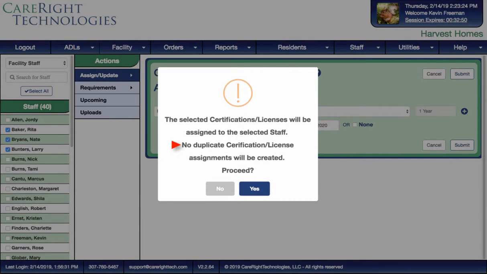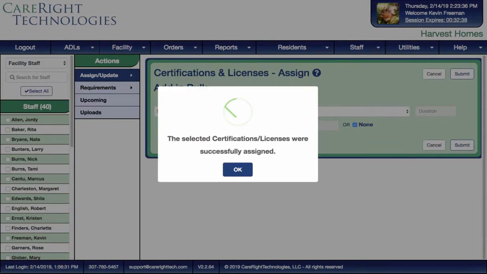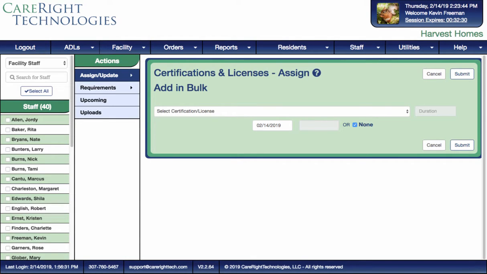Note that certifications and licenses will not be duplicated when assigned in bulk, and they will be ignored if that staff member already has this certification or license. Also note that the Add in Bulk feature for assigning can only be used to assign and not to renew